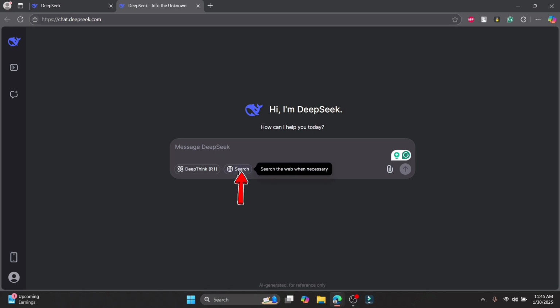Now, if you want to search the web when necessary while giving commands, you can see DeepThink. Right beside DeepThink is the globe icon, which you can enable, and it will search the web about the commands you give when it is necessary. So go ahead and click on this icon and you can start messaging Deepseek and it will search the web